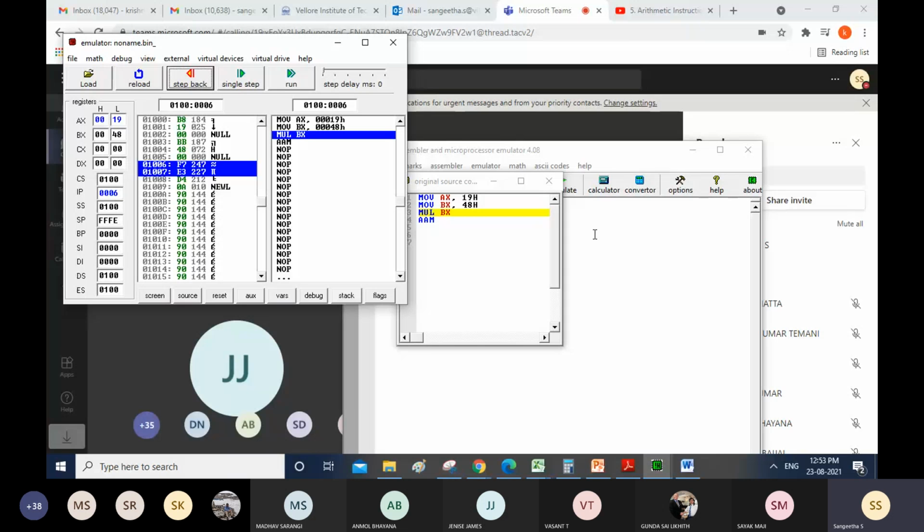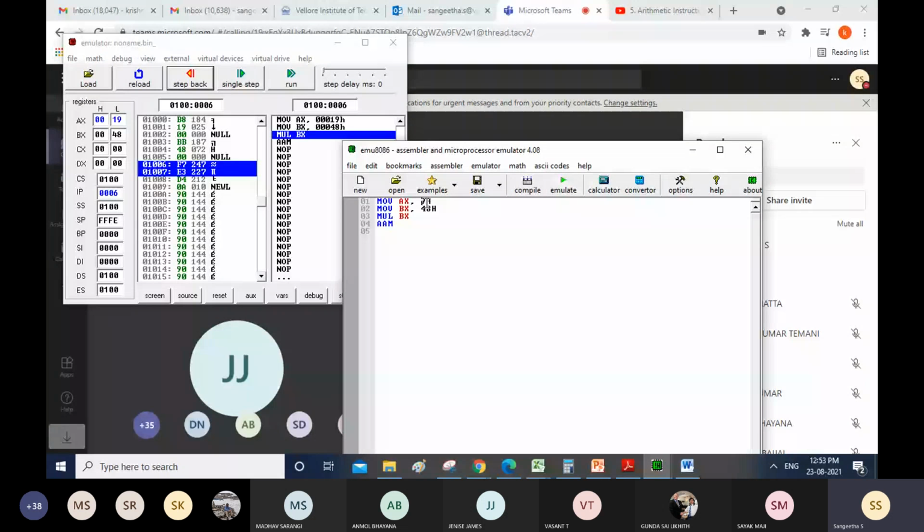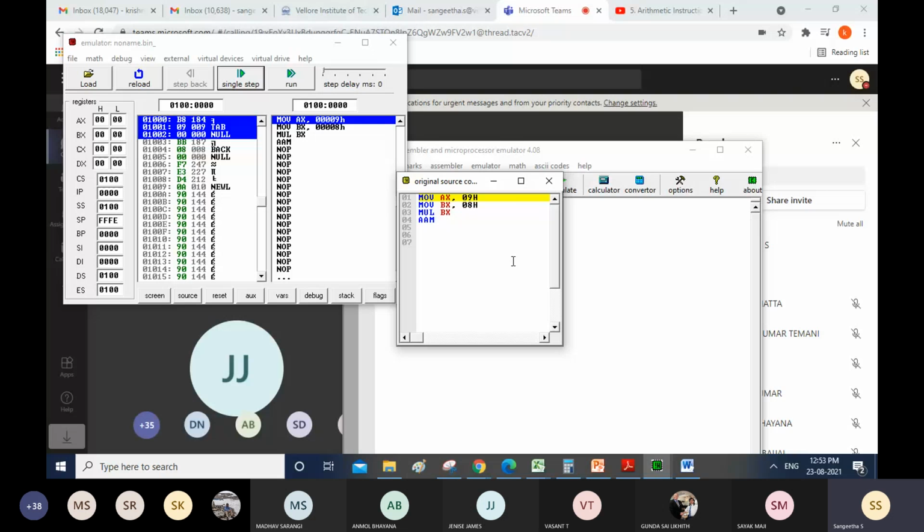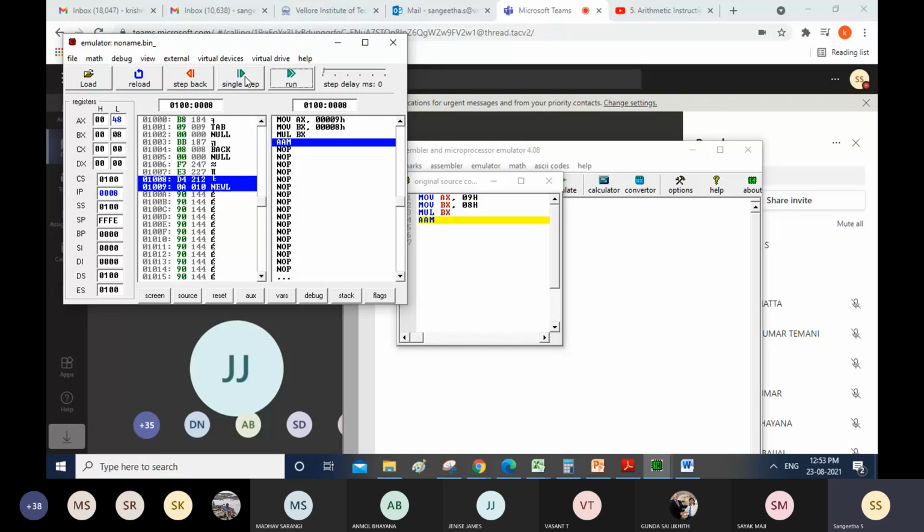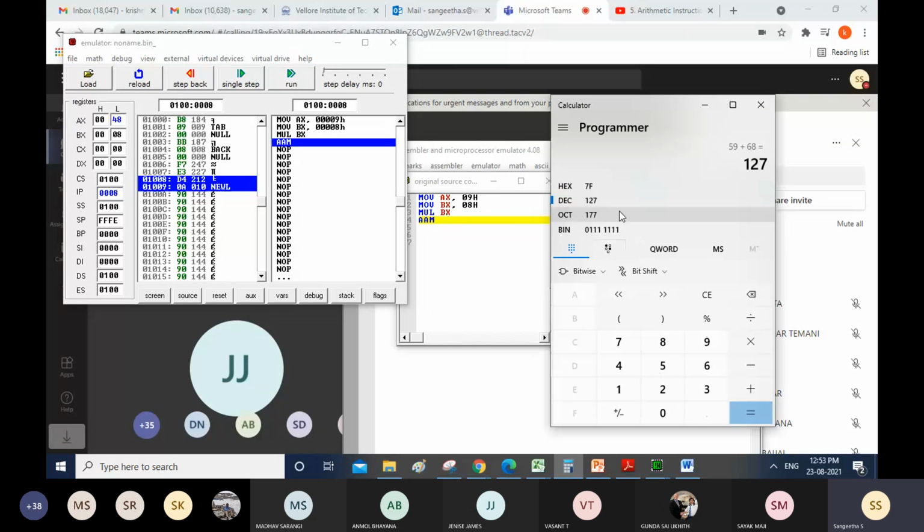So for example, when you execute, I have taken the previous example, 09 and 08, simple values. The multiplication value will be stored in your AX, in hexadecimal format, because 9 into 8 gives 72, and the hexadecimal value of that is 48, stored in your AL. Once you execute this AAM instruction, the 72 is divided by 10, the quotient is 7, and the remainder you will get in your AL.